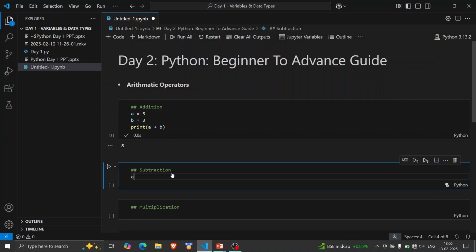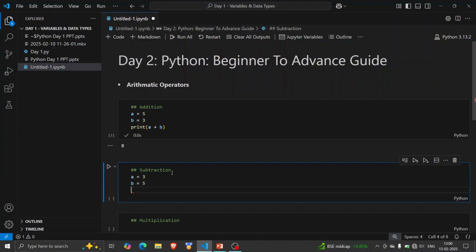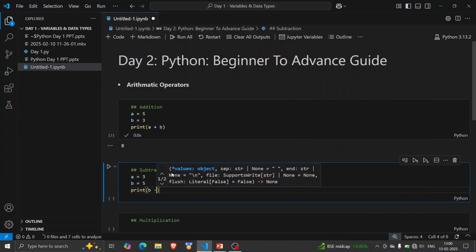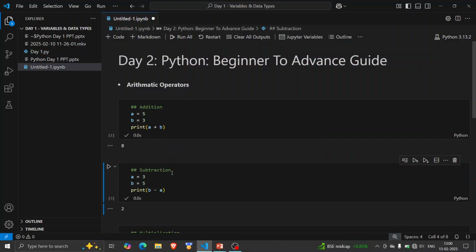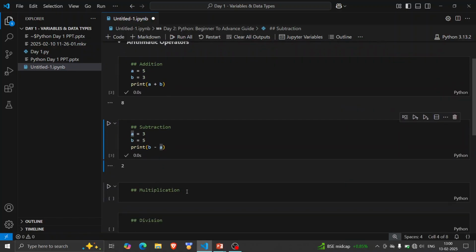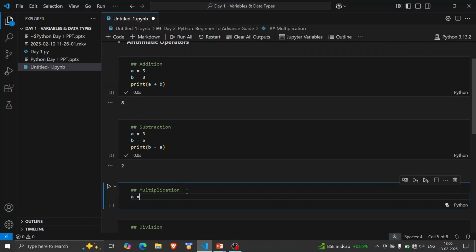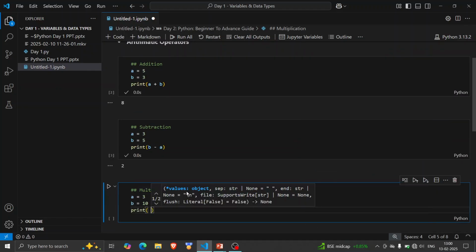For subtraction, similarly I will create another variable, a is equal to 3 and b is equal to 5. If I say print b minus a, then the output would be 2. And for multiplication, a is equal to 3, b is equal to 10, and I'll print a multiply by b.